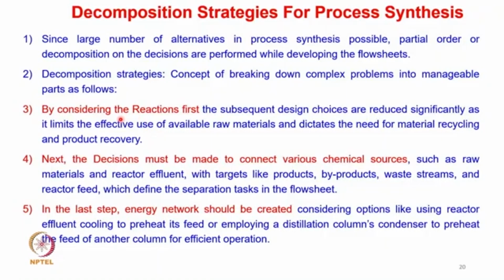The next step is, once the reactions are selected, the next step is to connect various chemical sources such as raw materials and reactor effluent with targets like products, byproducts, waste streams, and reactor feed, which define the separation task in the flow sheet. And the third step is, once this preliminary flow sheet is developed, the last step, we look at the energy network,